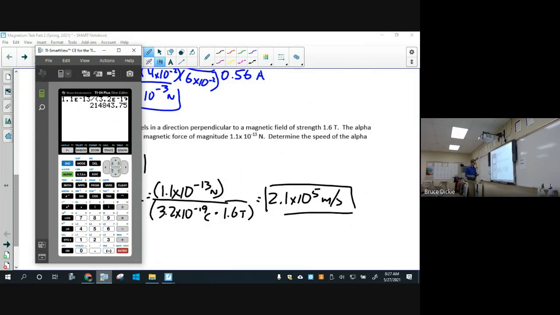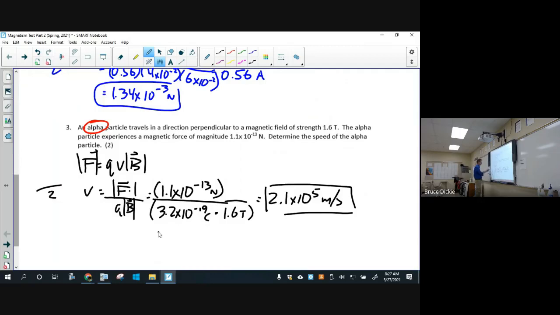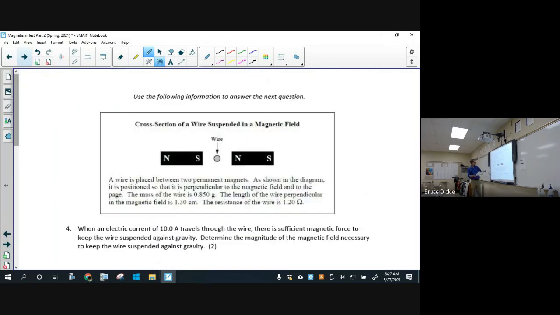214843, 2.1 times 10 to the 5 meters per second. That one was also worth 2 points. Pause that again if you need more time to copy that. 4,